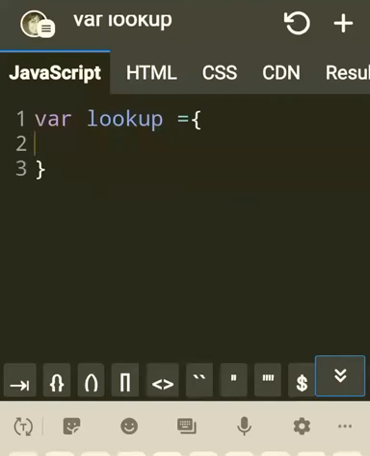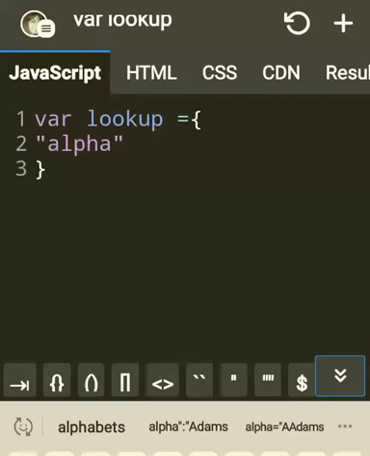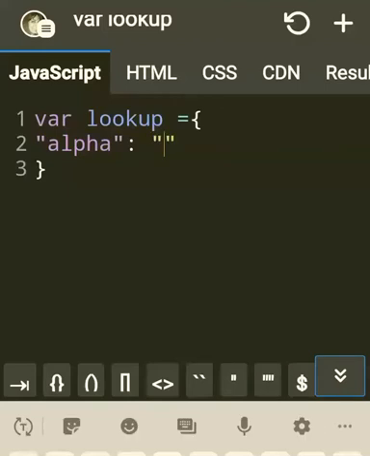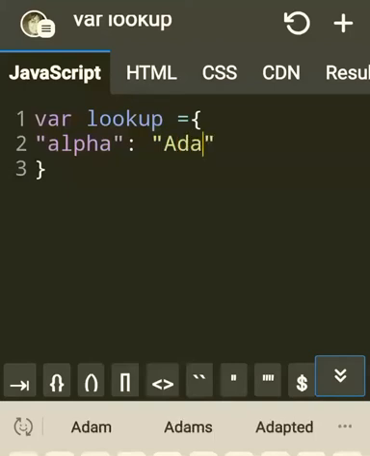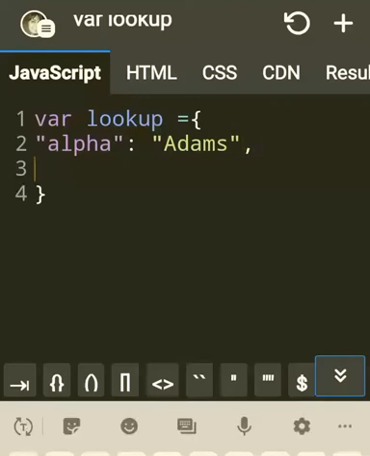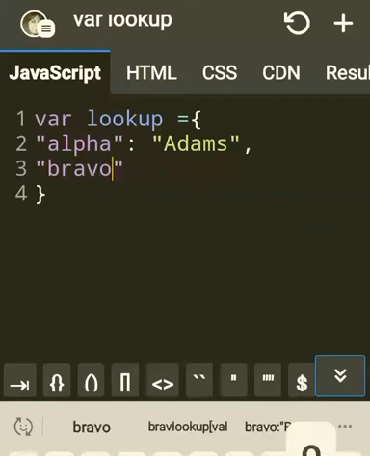Okay, what was my first key value? That was alpha. So remember, in the previous provided example, the key values were numbers, so there was no need to put quotes, as you know, the difference between numbers and strings. But here, alpha is not a number, so you have to put it within quotes and then Adams. So alpha is storing the result Adams. If you want to look up alpha, you'll get the result Adams, or if you want to get the result Adams, you have to look up alpha, vice versa.